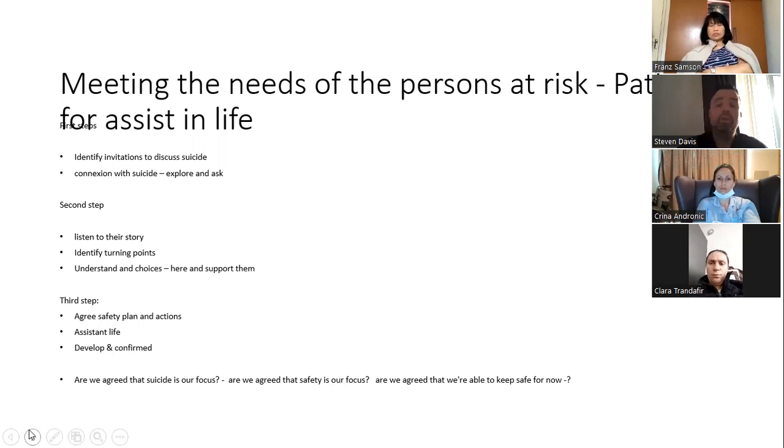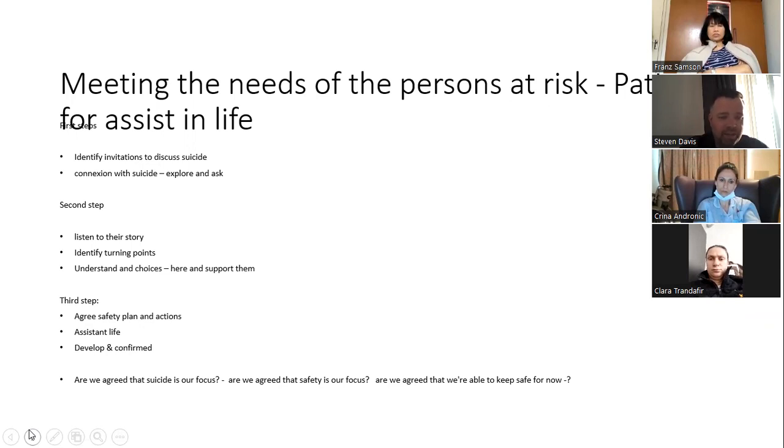So, for example, remind me about those protective characteristics, develop that safety plan, and obviously just make sure that you confirm that with me. So, look, Steve, you've agreed that you're going to go to hospital. You've agreed that you're going to do this. You've agreed that you're going to do that. You've agreed that you're going to call me in the next half an hour, whatever it's going to be.